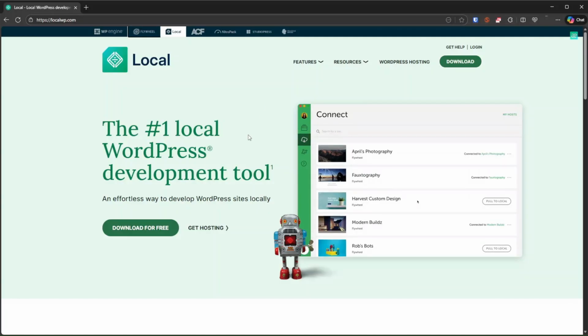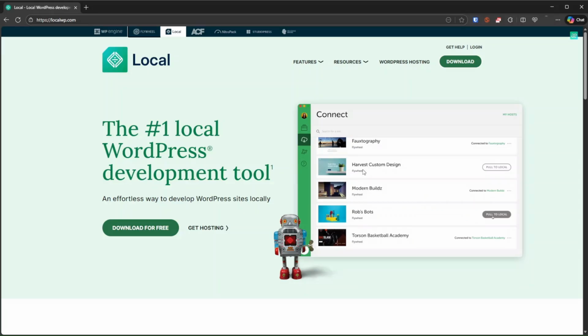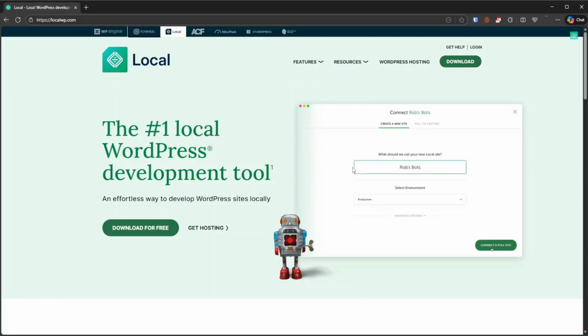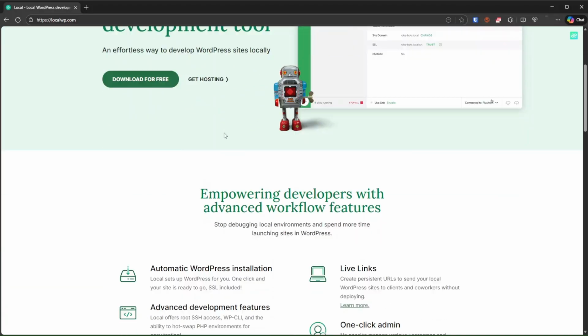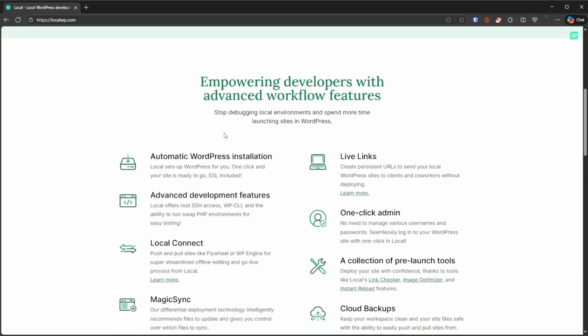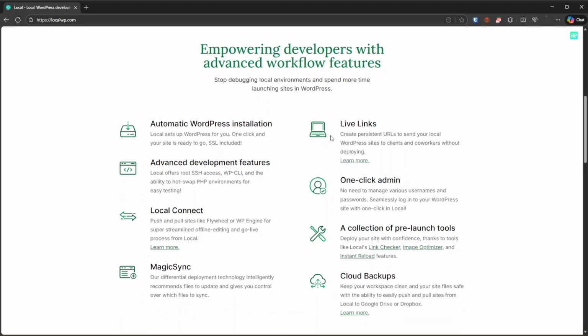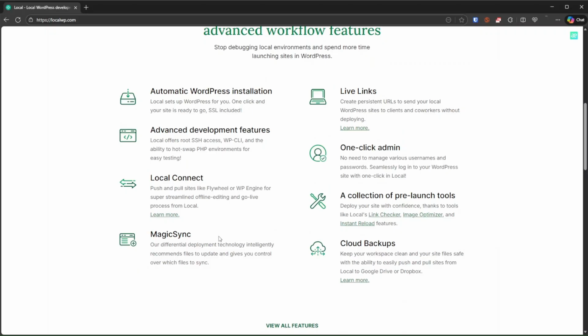You choose your WordPress version, you choose your database version, you install basically what you do normally on the installation of WordPress. You can do it just in a few clicks. And so it's an amazing tool. It also brings together all of your tools, all of your websites in one place, in one single interface. Let's check out some of these features. Empowering developers with advanced workflow features, stop debugging local environments, and spend more time launching sites in WordPress. So automatic WordPress installation, live links, advanced development features, local connect, magic sync, one-click admin, a collection of pre-launch tools,